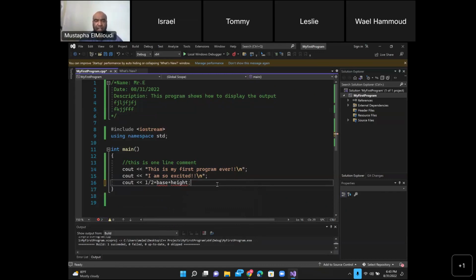So everything is fine, and then they keep getting 0, 0 all the time. And they keep asking, oh, Mr. E, how come I get a 0 regardless of what base and height? I change the values and still get 0. It's because 1/2 will give you 0. It is integer over integer. You always get only the integer part of it. So you will always get 0 no matter what the base is, no matter what the height is. So how do you solve this problem? By changing one of them,